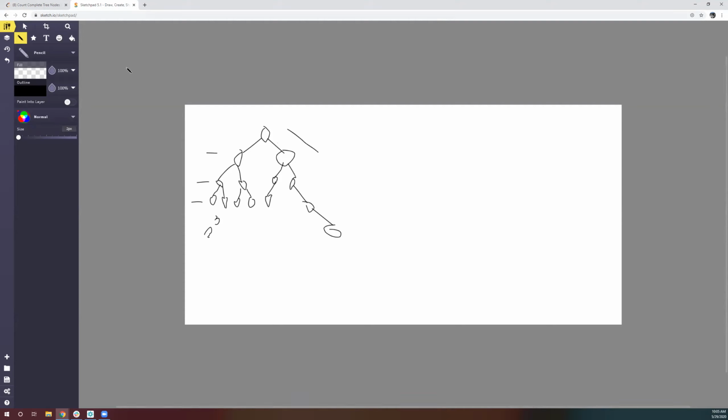Okay, I see what you're saying. So if both give me the same depth, that means this guy is already a full tree kind of thing. Then I use some mathematical formula to just count the nodes. I don't need to go this side. So that means I only have to go this side. But let's say this node was not there and these are not there. Then they have a different height. They differ in their height. So that means this guy is 100% complete, like a full tree kind of thing. But there could be some issues like here. This is missing here. So we would repeat the same process this side.